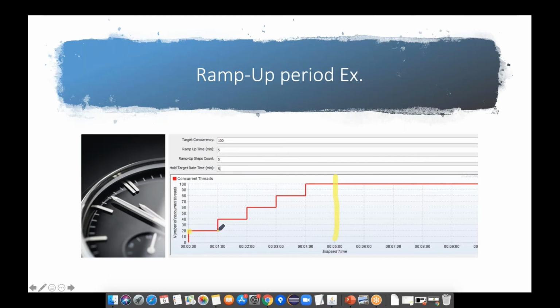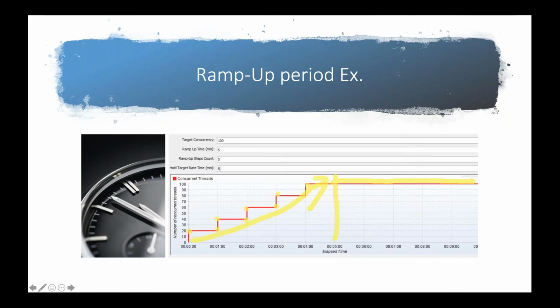From 1 minute to 2 minutes, a few more 20, and then 20 and then 20, so 20 threads keep on increasing. So what we understood is at the fifth minute all 100 users have started accessing the application, and from the fifth minute all 100 users are continuously using the application. This is the meaning of ramp up.